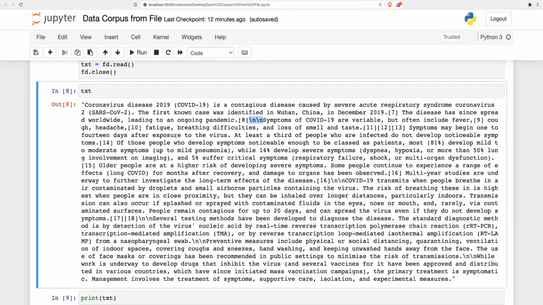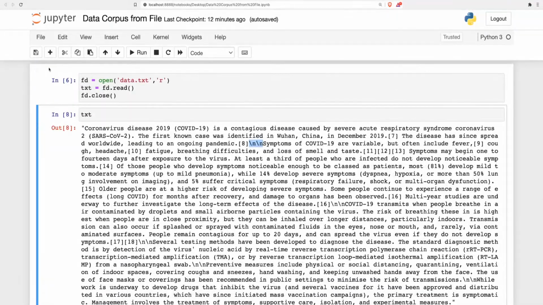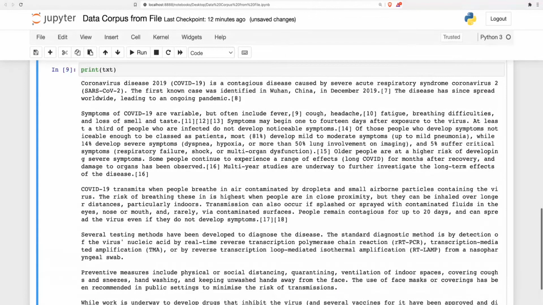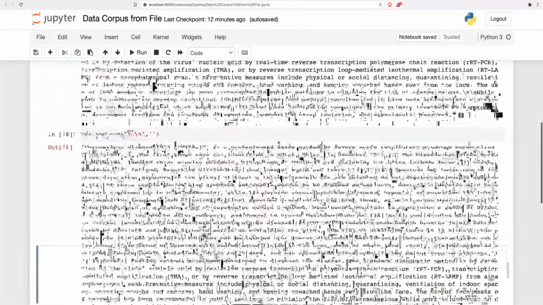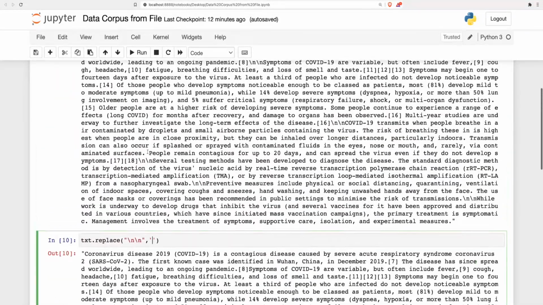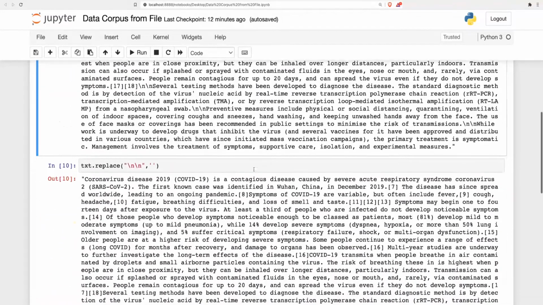Similarly, if you are removing these \n, then what will happen? Let me use a very simple function. So I'm writing txt.replace. We are going to use this function more frequently as we proceed further. If I'm executing it, and I have written txt.replace \n with none, it means wherever double \n's are there, they are going to be replaced with an empty space.